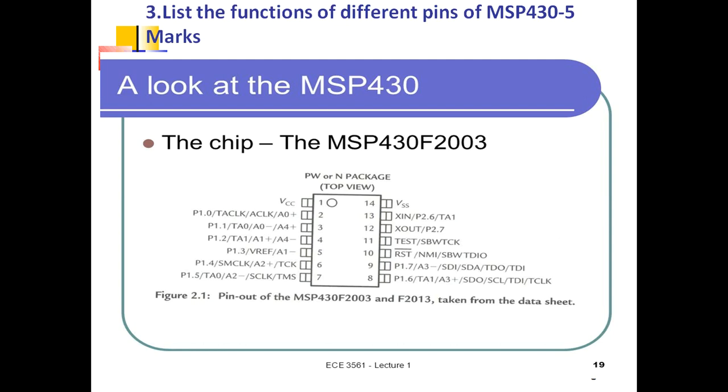Here you can see the pin diagram of MS430, okay, and you have to explain all the functions of different pins. You can see the pinout of MS430. This is a 14 pin IC, and most of the pins are multifunctional. You can see in the diagram, every pin has more than one function. Some of the pins perform different addressing modes, clock operations, timer operations, and give some non-maskable interrupts, and some pins are used to reset the system, some pins used for testing the bits. Like that, you have different functions for every pin.